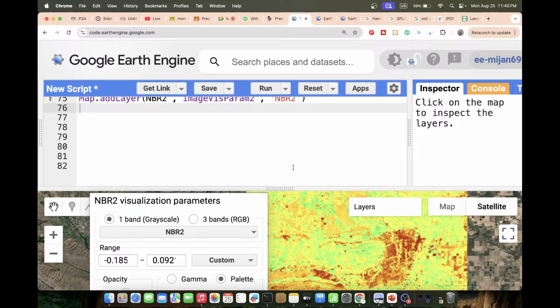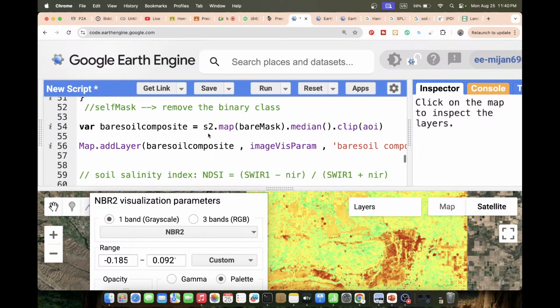Or if you want, you can also apply the composite. Suppose for the soil brightness, simple albedo is also applied. Just take a variable, suppose bright. In this variable, I store the result, calling it bright. This is the bare soil composite I just call,